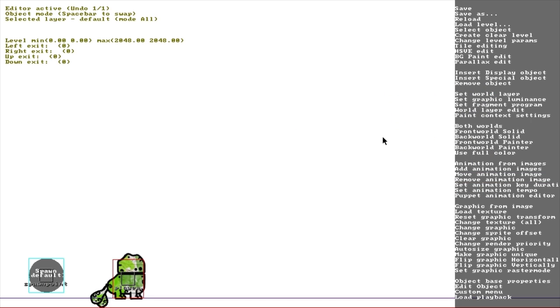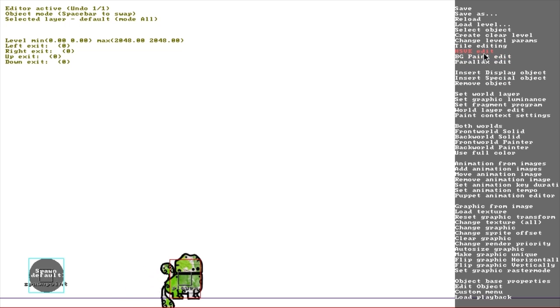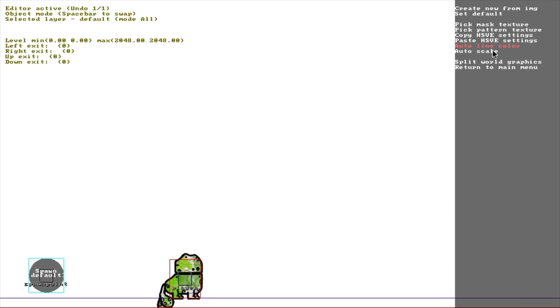So I'll just go through some of the other stuff here in the menu. I'll just pick some stuff. So for the graphics, we're using this thing called HSVE. So I can pick a mask. You won't be able to see this menu here that I'm going into, but I'm here picking a graphics mask. So I'm going to pick a border to use for a wall,